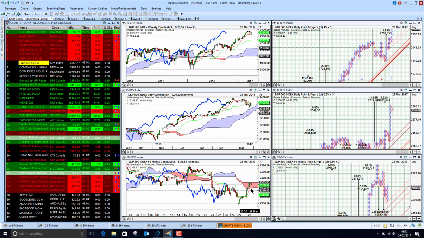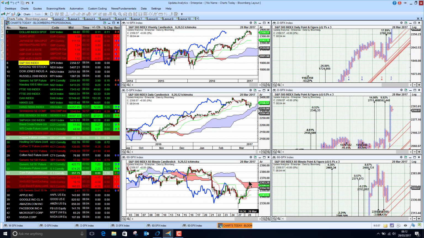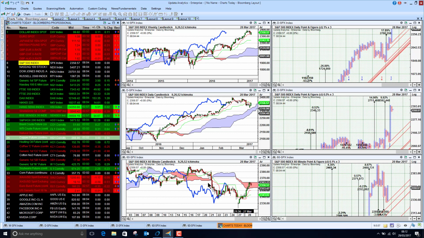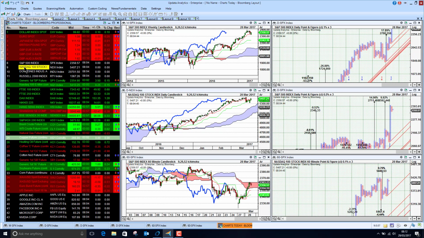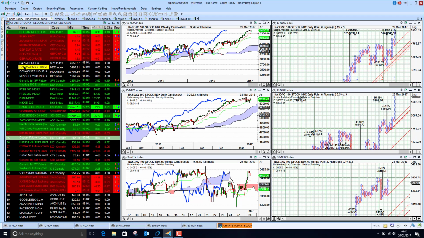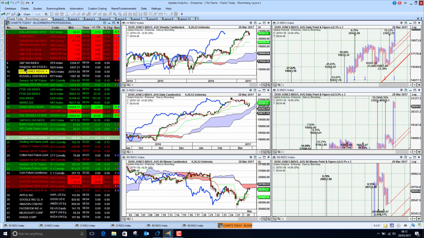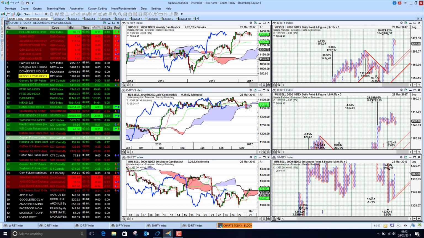Stock markets recovered quite strongly as well. We hit straight into resistance on the short-term chart. Prices stopped right on the cloud, but the medium-term and long-term charts are looking pretty good. And the same with the Nasdaq. We actually got back above the cloud there. And on the Dow Jones, we're just hitting some resistance in the short term as well. And the Russell 2000 not quite getting through with a lagging line.